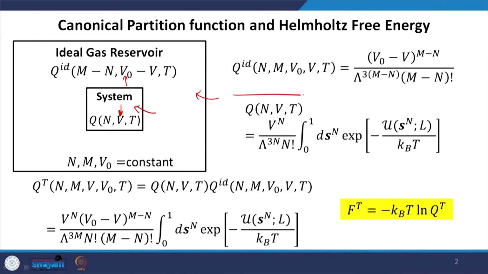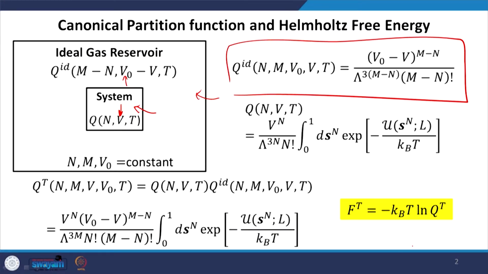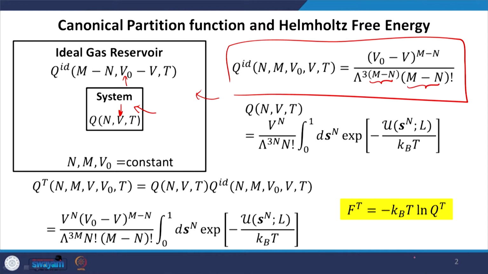So we already have derived the ideal gas partition function, and in this case the volume of the ideal gas reservoir is V naught minus V. In what we discussed in the last lecture, it was V. That is the only difference. The formula is pretty much the same as earlier, and the number of molecules is M minus N. In the last class it was N or something. The formula itself is pretty much the same as earlier. And then for the system it is something like this. So the system also contains an ideal gas part, but for the system, and some excess part that contains the